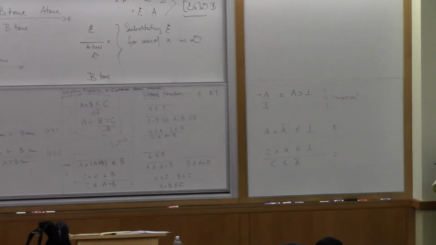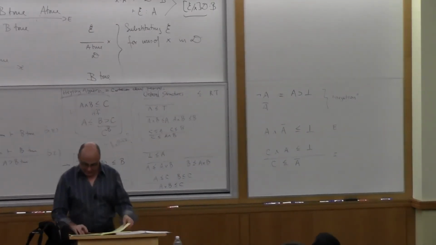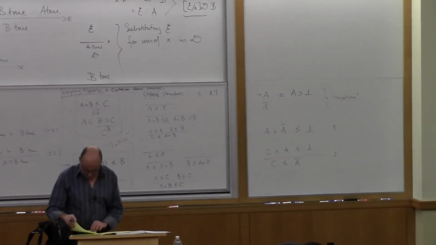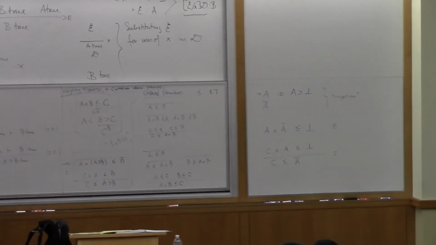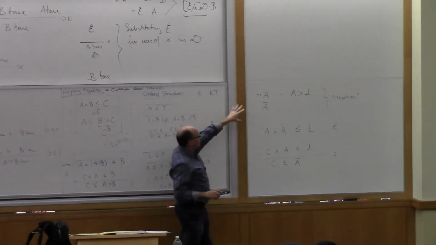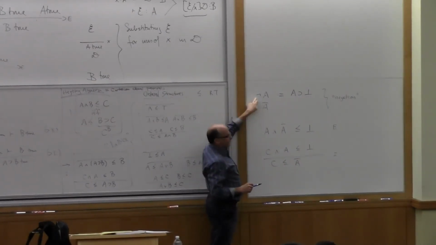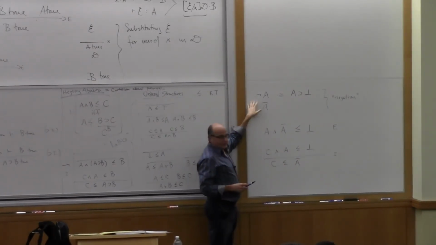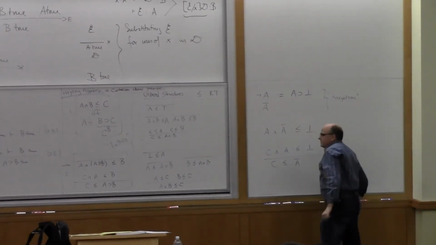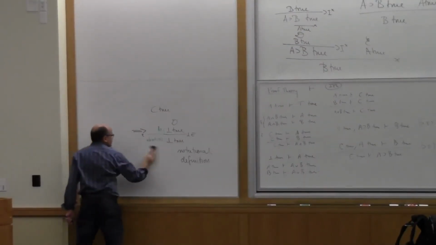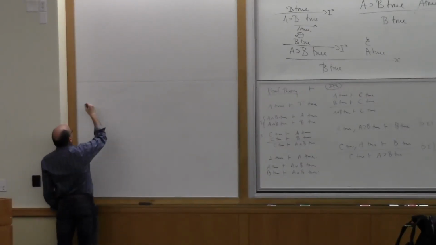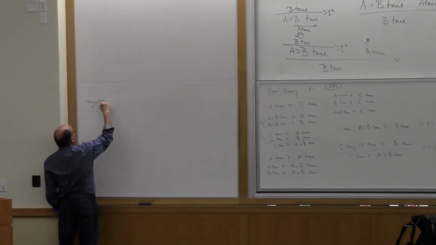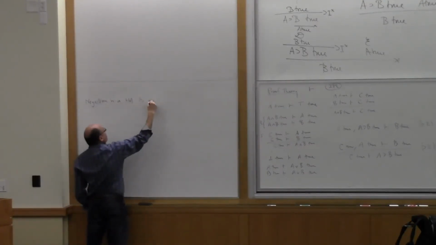Now, the thing I want you to see, the thing I want to bring out here, is that, so you're with me so far? Okay, so that's a notion of negation. So any Heyting algebra comes equipped with a notion of negation satisfying these principles by virtue of this definition, because you have an exponential. However, there's something to say about this that is worth bringing out because it is of the essence of intuitionistic logic, which is that, from an algebraic point of view, the negation so defined, the internal negation in a Heyting algebra, is not a complement